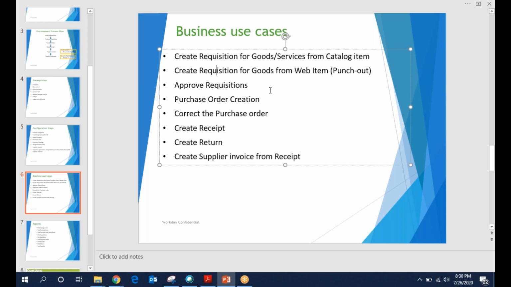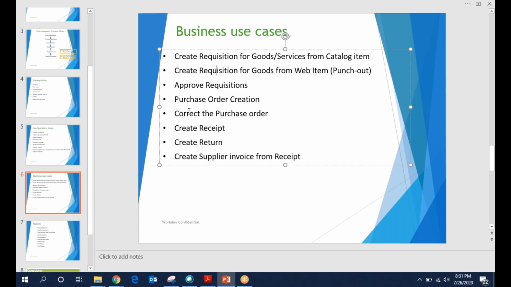And approve requisitions. Once the requisition is approved, a purchase order gets created automatically with all the information captured from the requisition. And one more thing I need to highlight is that while creating the requisition, the supplier may not be mandatory, but while approving the requisition at the final step, the supplier will be mandatory to create the purchase order, because a purchase order is an external document. It is going to the supplier to procure some list of items with a specified product.